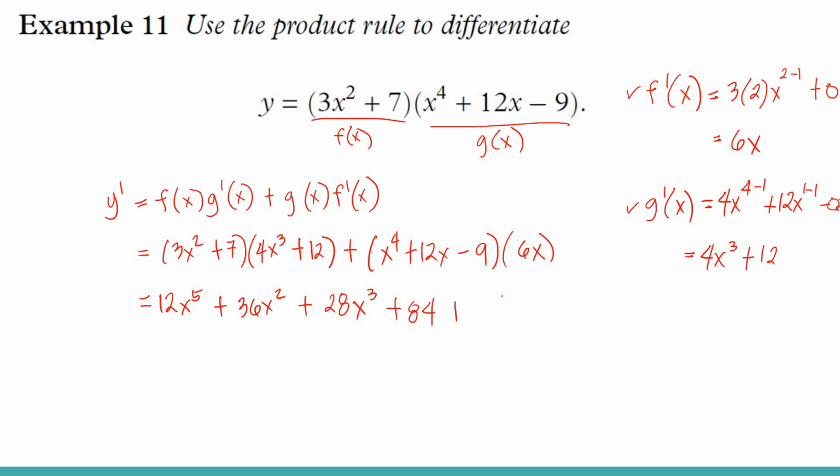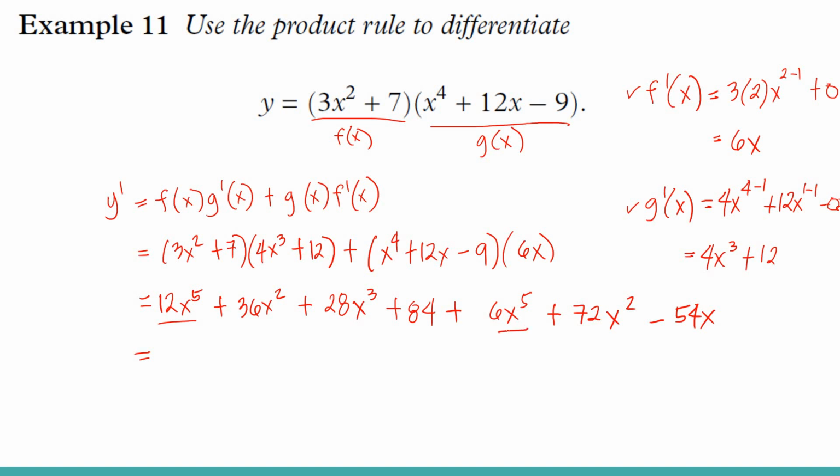This one plus 6x raised to the power of 5 plus 72x squared minus 54x. So this is equal to